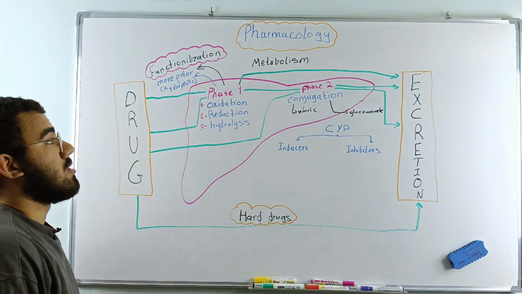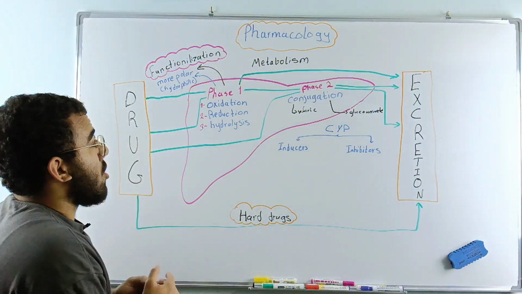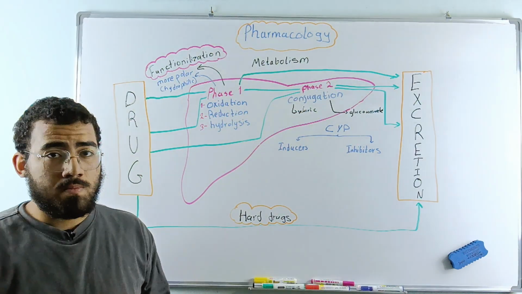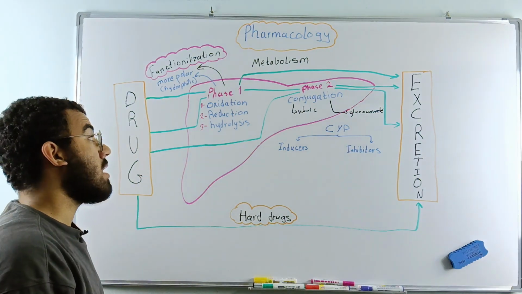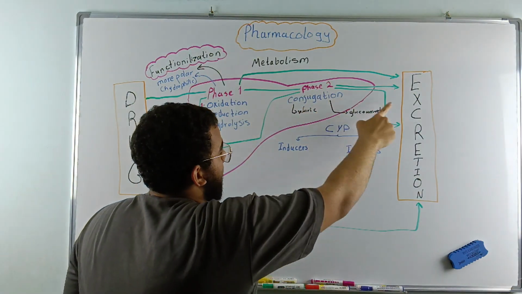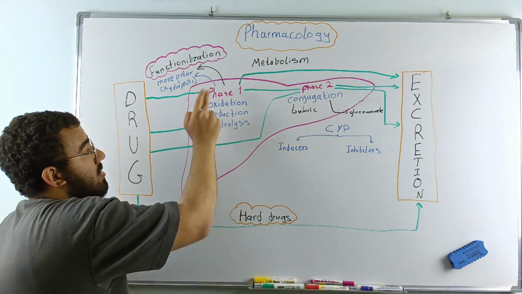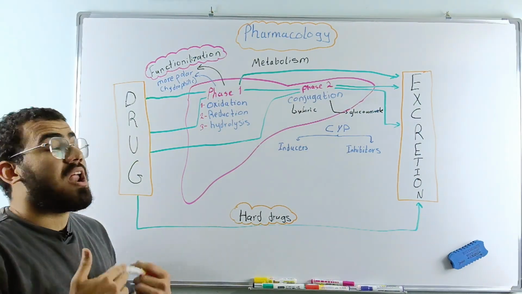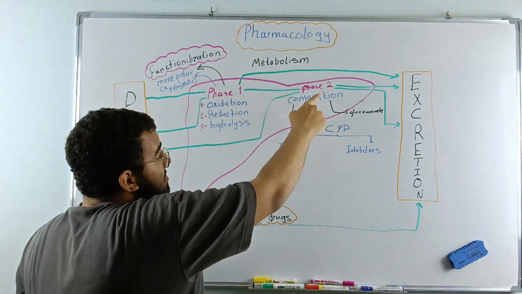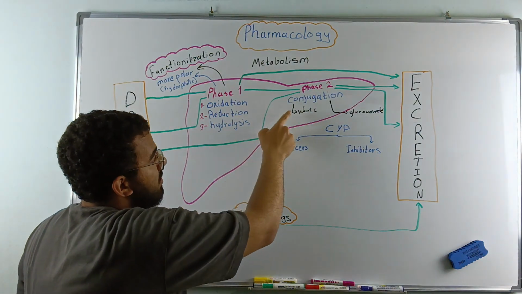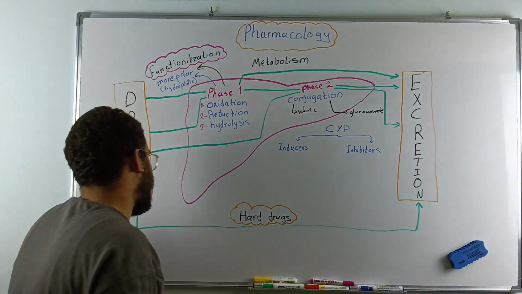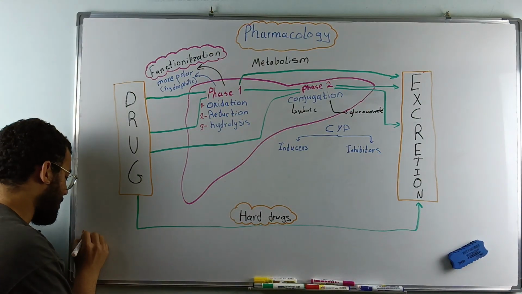We have another variation, which is a drug that only goes through phase 1 and does not have to go through phase 2. Yes, there are some drugs that do that. Another variation, which is a drug that goes through phase 2 and then gets excreted without having to go through phase 1. Actually, we have another weird variation, which is some drugs that go through phase 2 first, then phase 1, then excretion. And actually, let's write an example for a drug that does this,